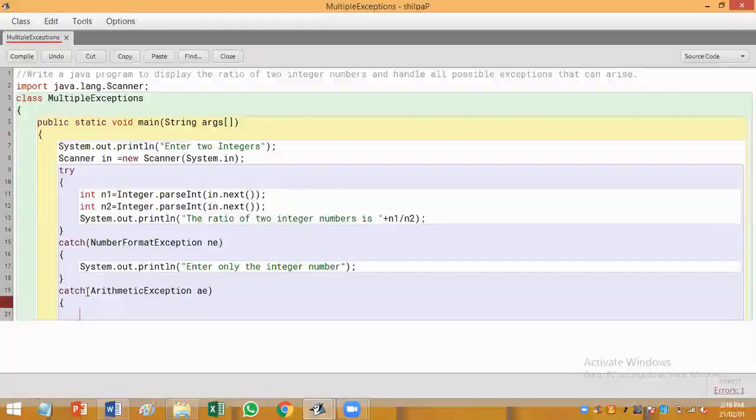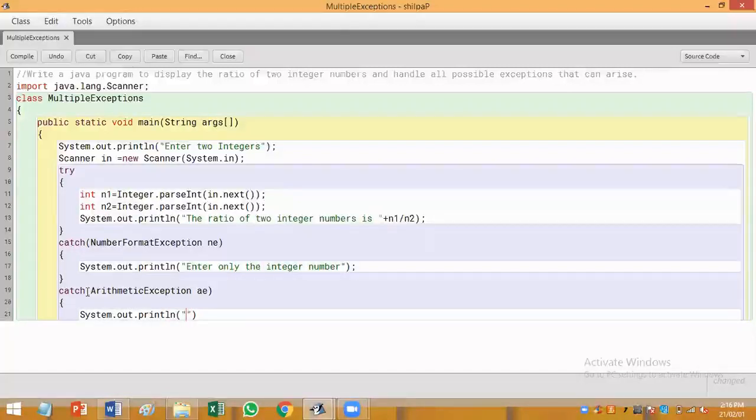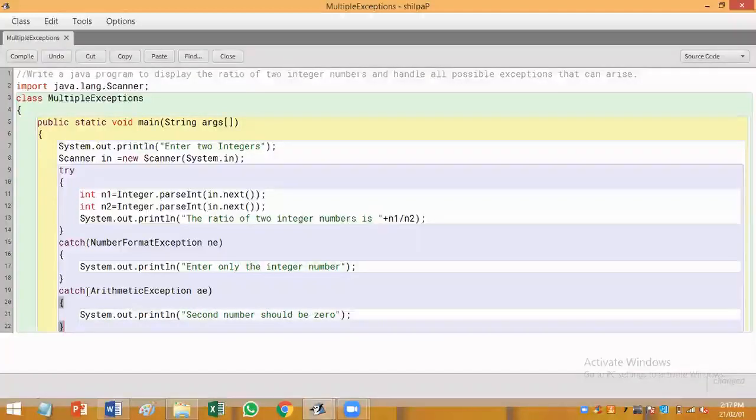And now within the catch block, I'll write System.out.println within double quotes, "Second number should not be 0." Okay. Should not be 0. Next, I'll close the catch block.